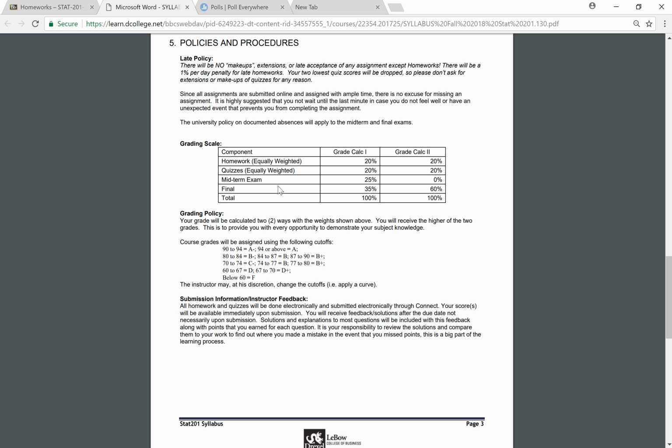Okay, so here's how your grade's going to be broken down. Homework will be 20%. Quizzes will be 20%. Your midterm exam will be either 25% or 0%. And your final exam will be either 35% or 60%. And my thinking on this is that this class is maybe not the easiest class there is. In fact, I'll tell you right now, it's not the easiest class at Drexel. It's one of the harder classes at Drexel. Material might be foreign to you, and anytime you're faced with new things, there's a struggle and challenge.